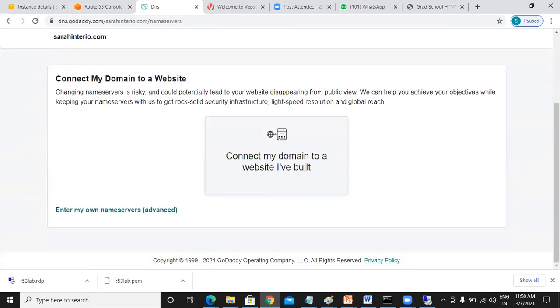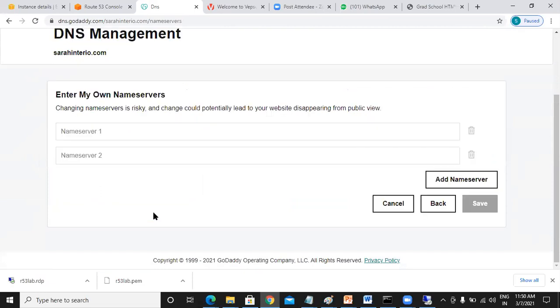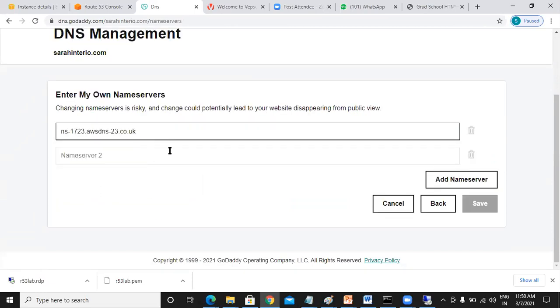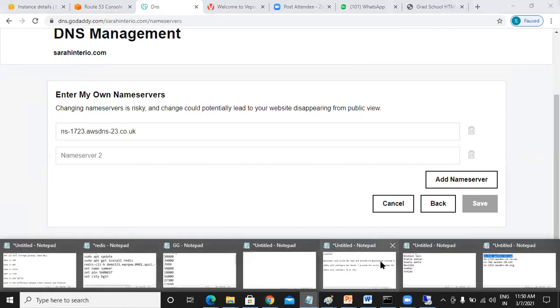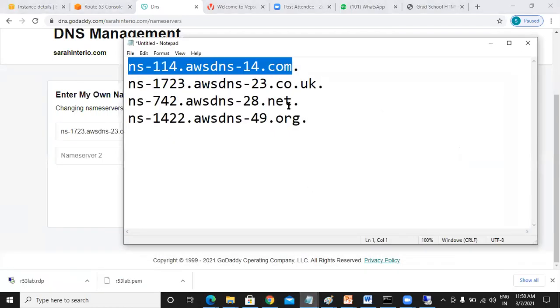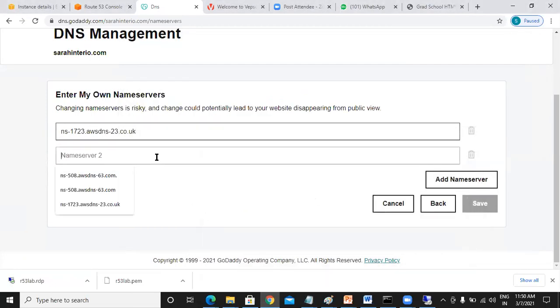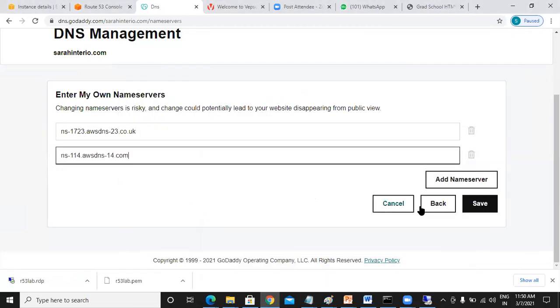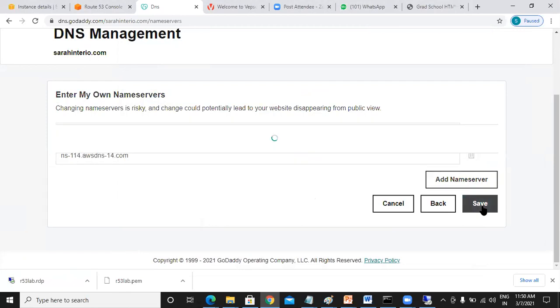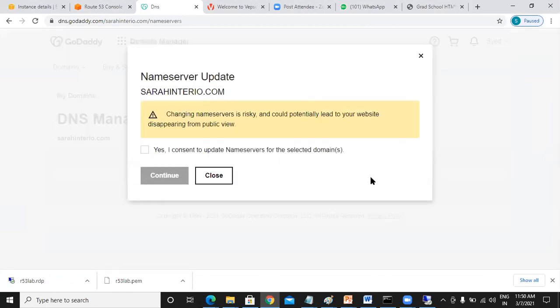Scroll down. Enter my own name servers. Control V. Notepad. Copy. Control V and say save. So what it is saying now?